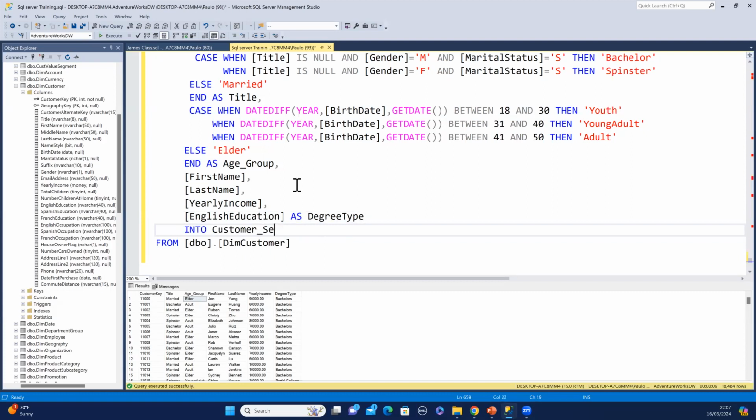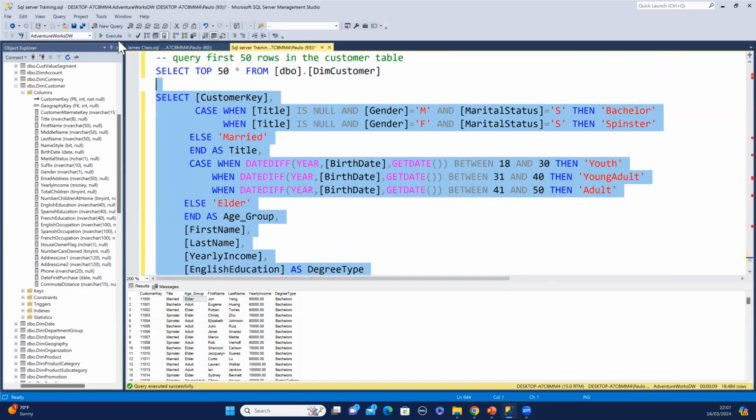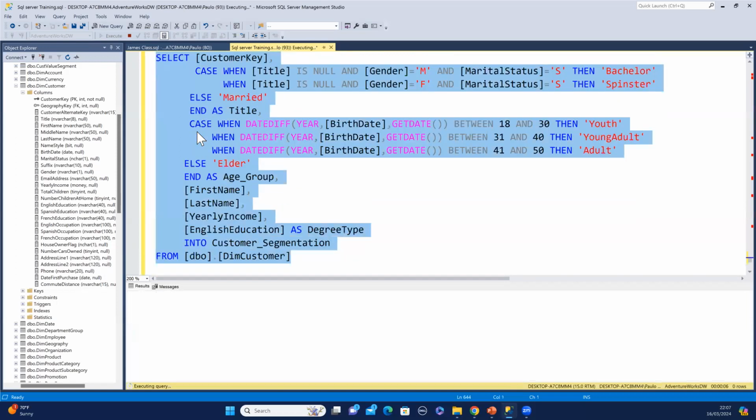Customer segmentation. If you run this and it tells you successful, it is because it's putting all those columns we extracted and manipulated inside another table called customer segmentation, right? So if you refresh your table,